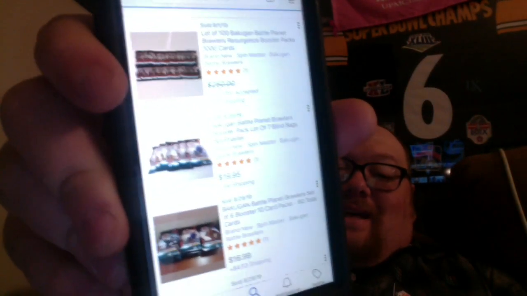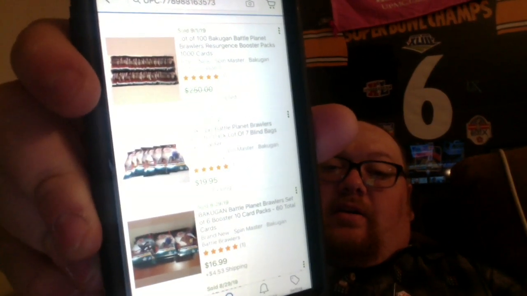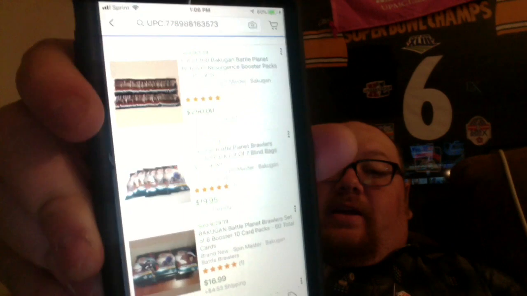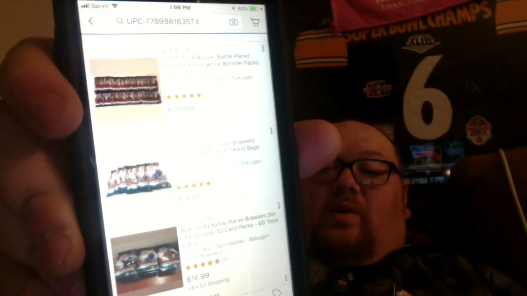Okay, now it's going to show you the sold comps. This is how you find out what these are actually selling for. So there's a lot of 100 there, which they had listed at $250. Somebody gave them a best offer. They accepted it. Now, it doesn't tell you what they accepted it as, but there's a lot on here that